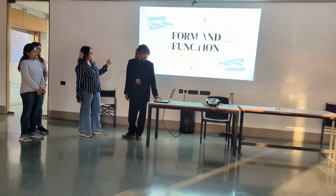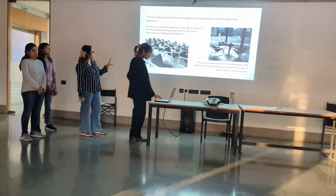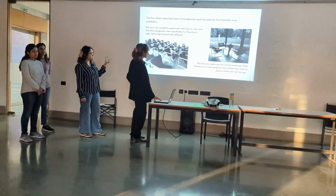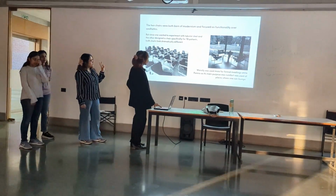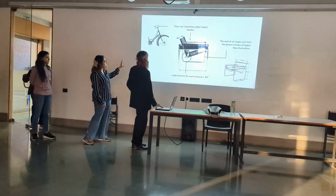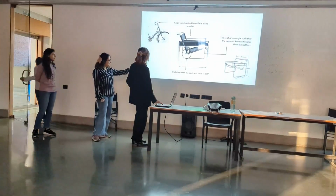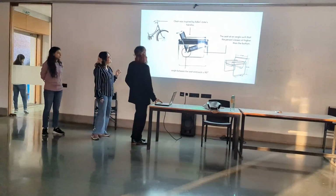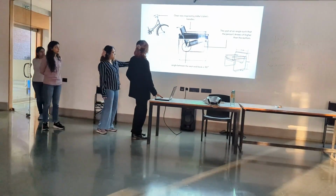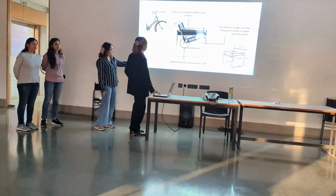Now we come to form and function. Both the chairs were designed to focus on functionality over aesthetics, but one was purely to experiment with tubular steel, while the other was made specifically for the Paimio sanatorium. Breuer was inspired by Adler's bike handles, which is why he chose tubular steel, and the seat was at such an angle that both the person's knees were sitting above the bottom, and